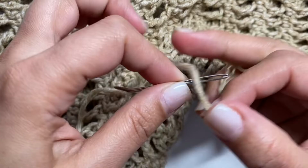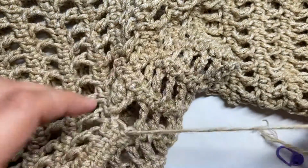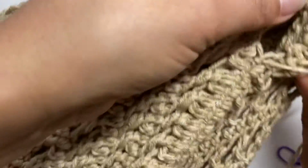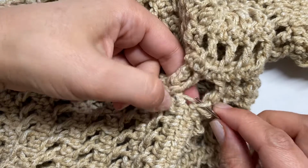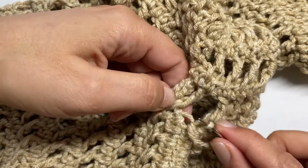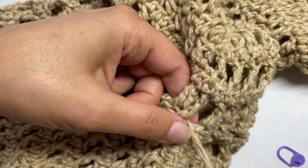So what I'm going to do is put my yarn on my needle and get that through, and then we want to kind of isolate this so we're not getting anything that we shouldn't. I'm going to take another good grab through both of there, and I'm going to grab here and here. So we're grabbing kind of on the outside there, and I'm going to sew that together, and you can see